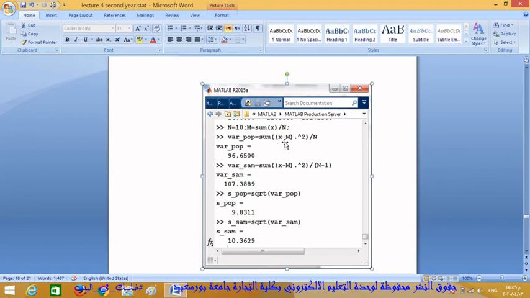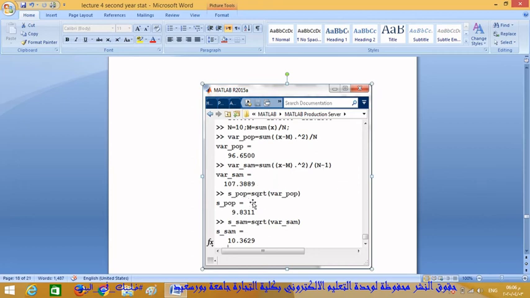X minus M is an array, so when getting the power 2 for an array, put dot and hat for power 2. Variance for sample equals X minus M dot hat 2 divided by N minus 1, not N. Okay,